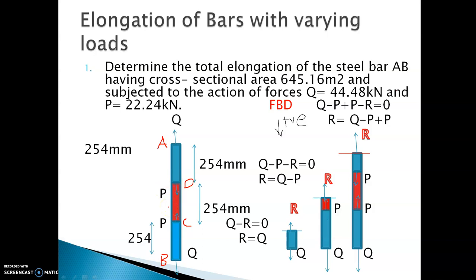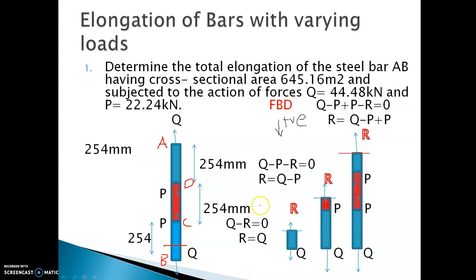So in this case you have to consider each section separately. It is known as the method of sections. So first, in this portion BC, we draw a section line and take this much portion. Here Q is acting downwards when you take the bottommost portion under the section line. Let the reactive force be R, due to the action of this Q. So we have drawn the free body diagram.